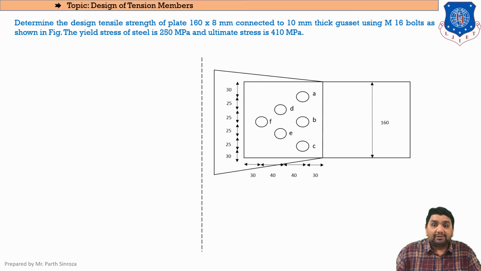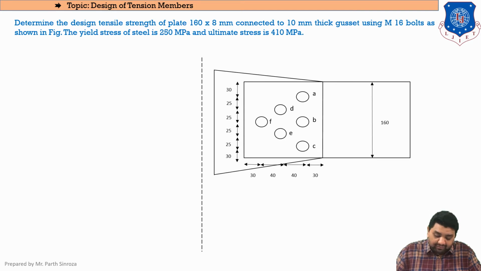Yeah? So this figure is given in our question. This bolting, as you can see here, is called either a staggered bolting or a zigzag bolting. Up till now we have discussed and designed the number of bolts, and we have identified bolts in a similar line or a straight line. This is a typical sum regarding staggered bolting. You won't be designing anything such as this, but regarding the analysis portion, things can be asked pertaining to this. Clear? So this type of question is known as staggered bolting or zigzag bolting.